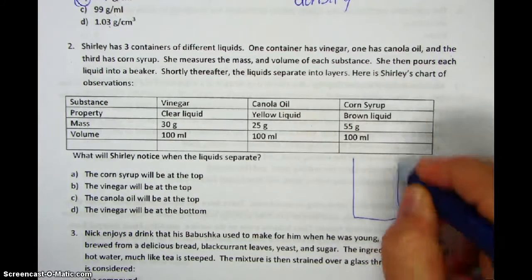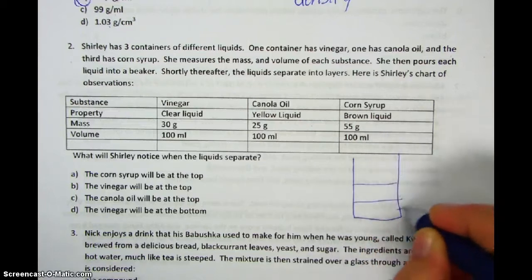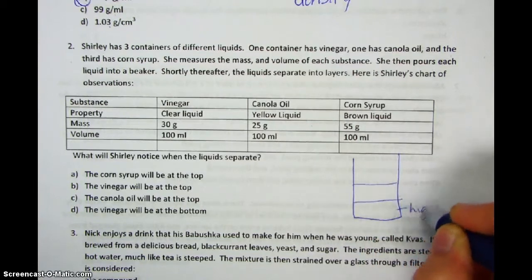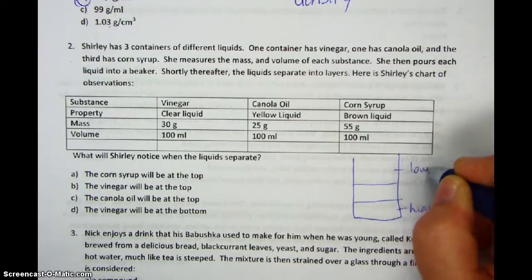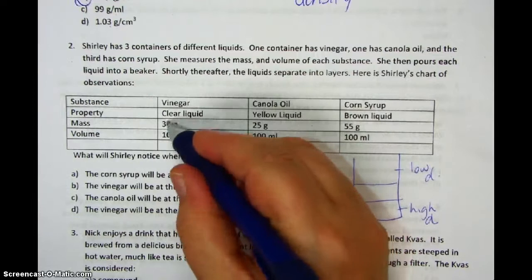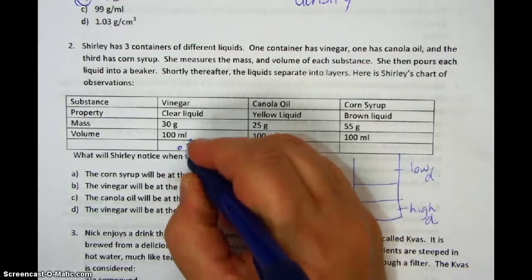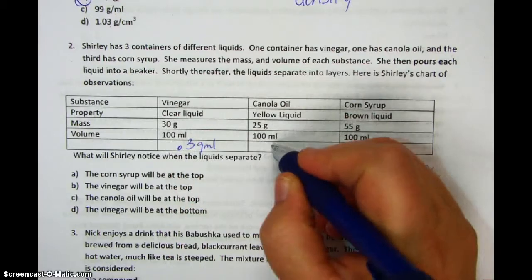Okay, so you have to take a look and think, okay, these are the 3 layers. So the one with the greatest density is going to be on the bottom, and the one with the lowest density is going to be on top. Okay, you can do these in your head. 30 divided by 100 is going to be 0.3 grams per milliliter. 25 divided by 100 is going to be